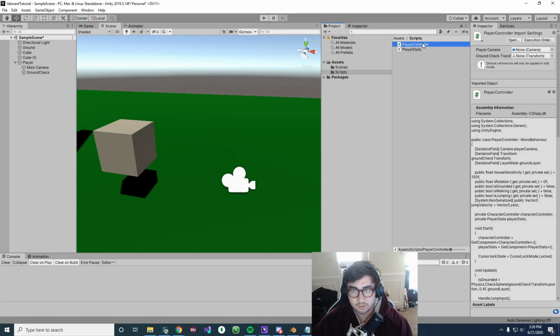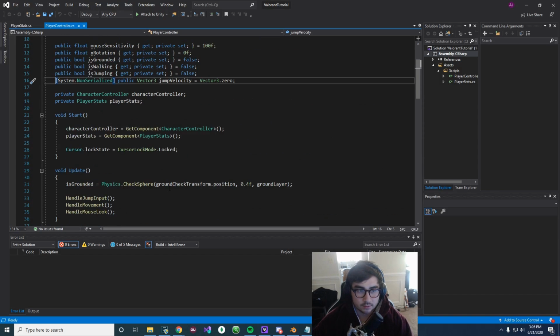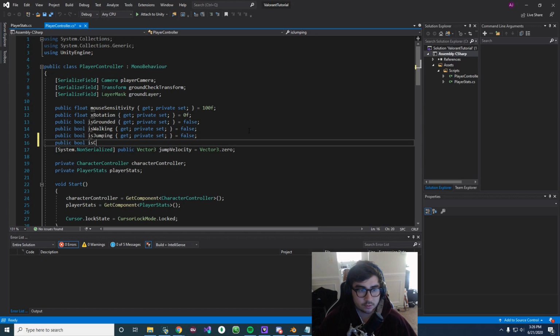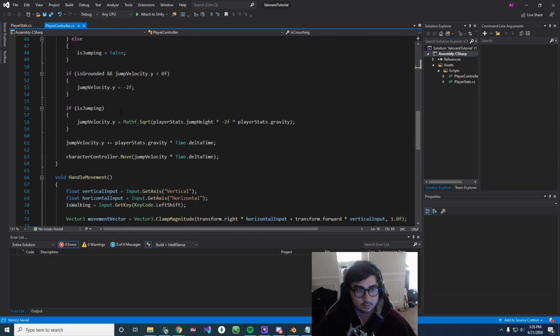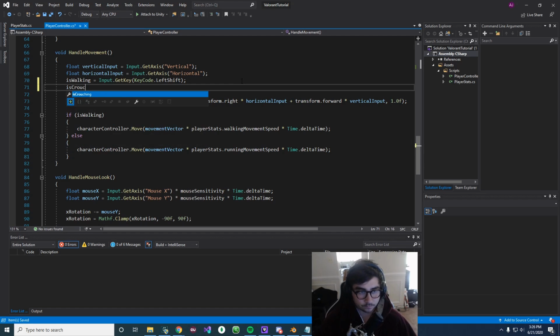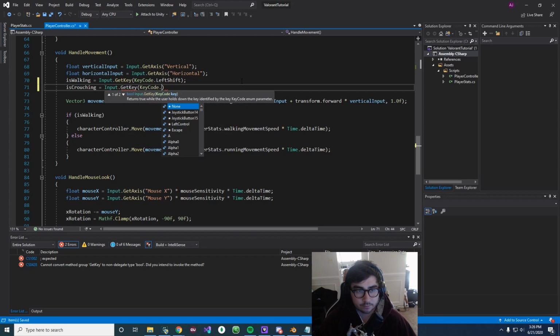So let's open up the player controller in Visual Studio, and let's start by making a public bool. Public bool isCrouching, get private set equals false. Okay, and let's say in our handle movement function, where we just get the input and stuff like that, let's say isCrouching equals Input.GetKey, right? We want to get the key because we crouch as we hold